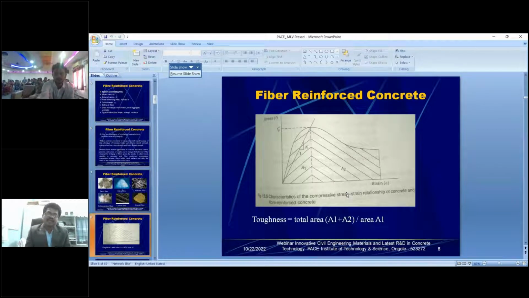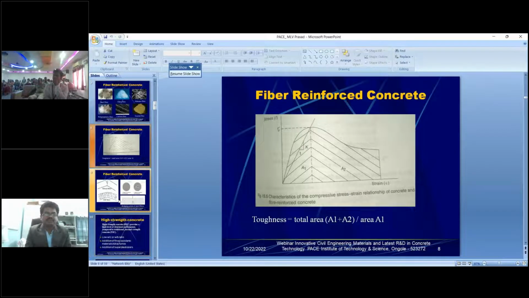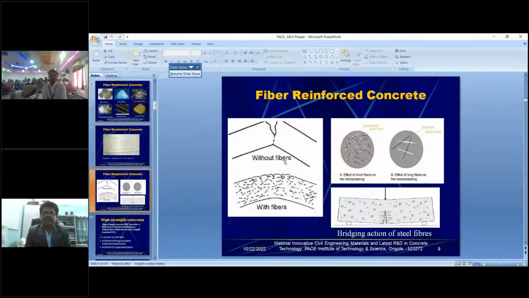Ductility means toughness of the concrete. Indirectly, I can say toughness of the concrete is the total area, A1 plus A2, divided by the area of A1. That will give you the toughness of the concrete. Here you can see without fibers it is going to be very brittle, but with fibers, this is called rupturing of the concrete, and the flexural rigidity is going to be very much improved by utilizing this